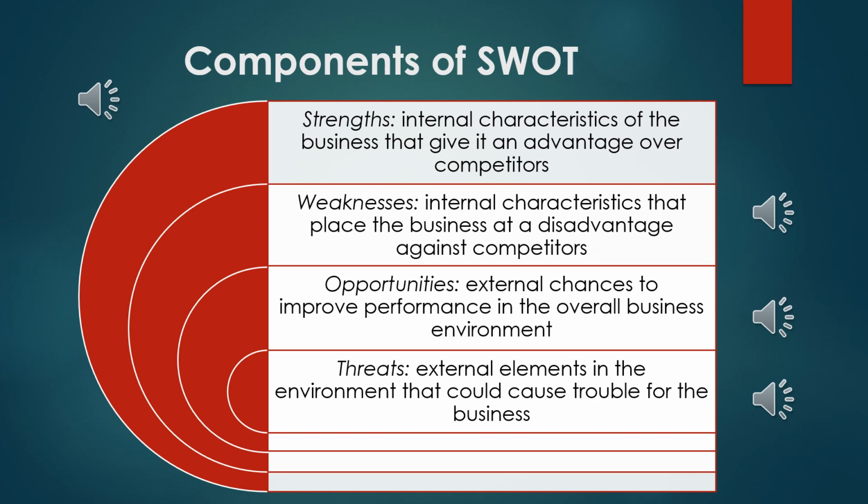characteristics that have an advantage over competitors. While on the other side, the internal characteristics that place the business at a disadvantage against competitors. These are weaknesses. Examples of these internal factors could be the resources of the organization, like human resources, skills, profit,